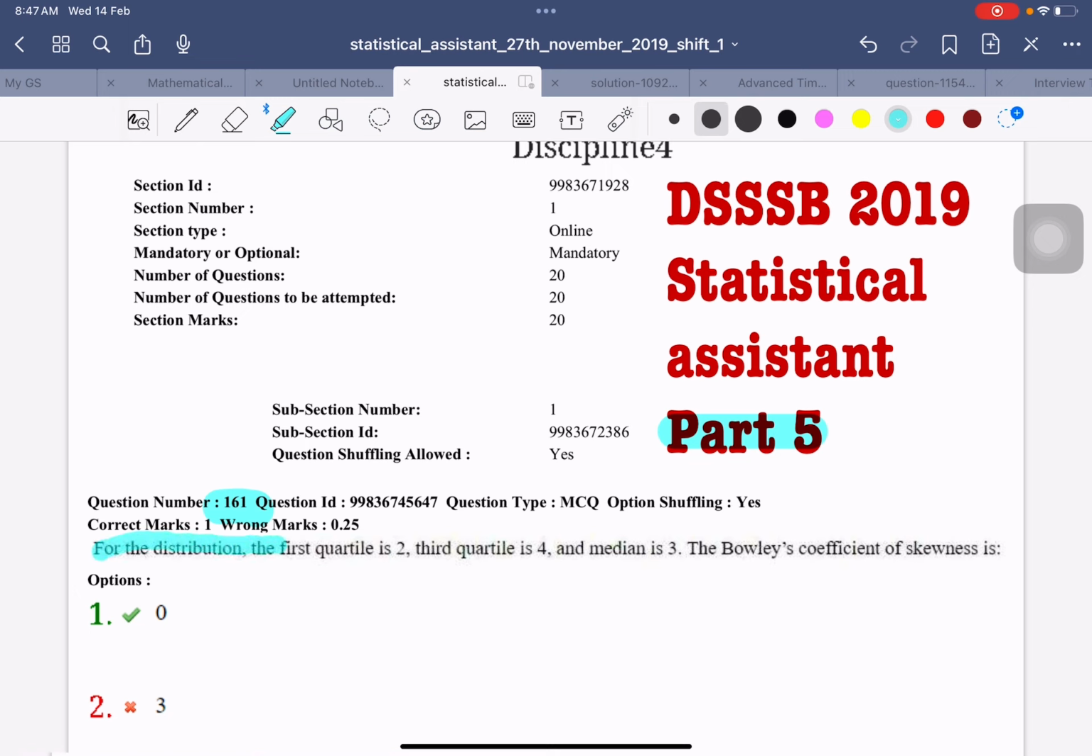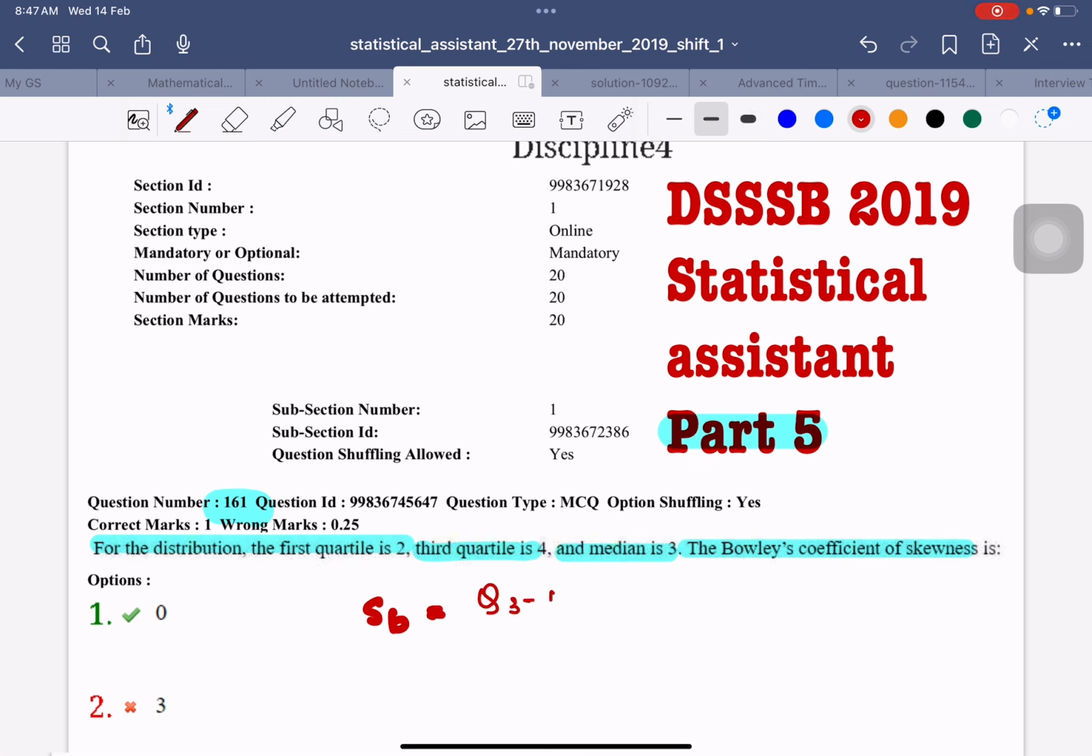For the distribution, the first quartile is 2, the third quartile is 4 and the median is 3. And we need to find out the Pearson's coefficient of skewness. हमें Pearson's coefficient of skewness निकालना है. So firstly हमें Pearson's coefficient of skewness पता होना चाहिए. Pearson's coefficient of skewness का formula होता है SB equals to